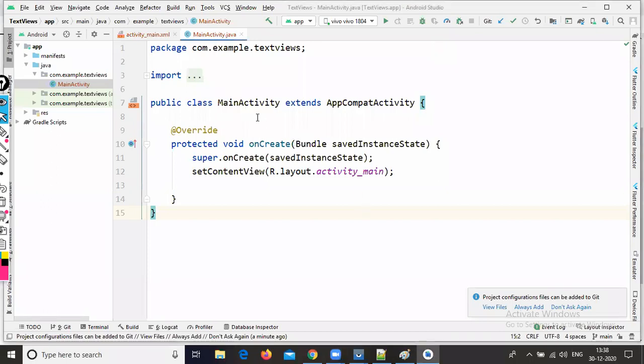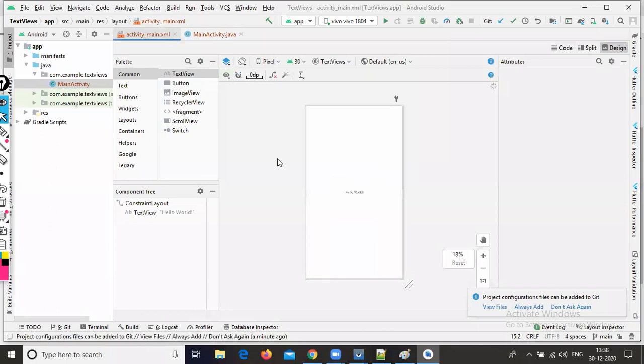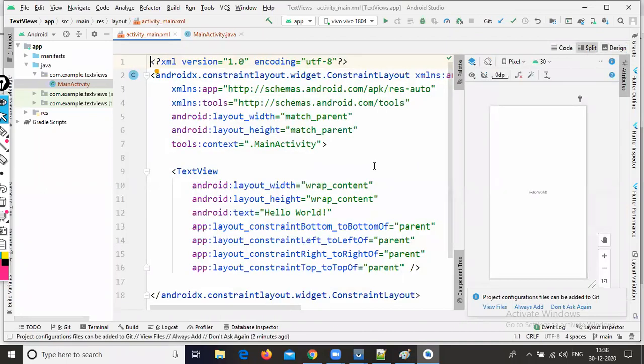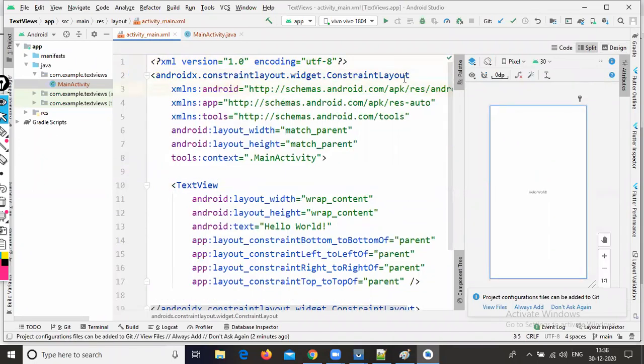So now all of you go to your activity_main.xml file. By default, it comes with constraint layout, right?